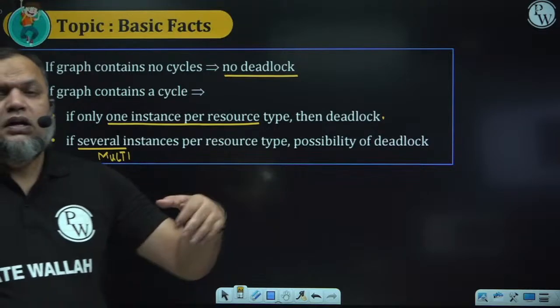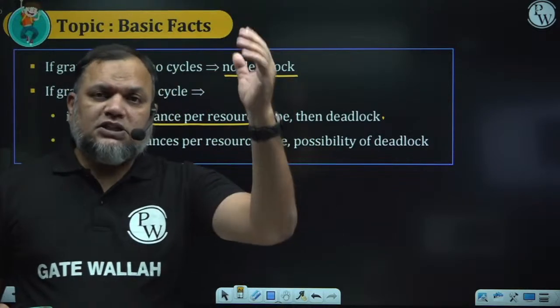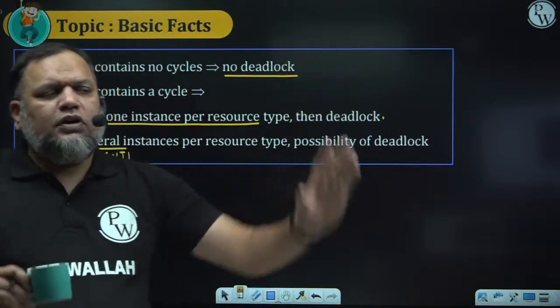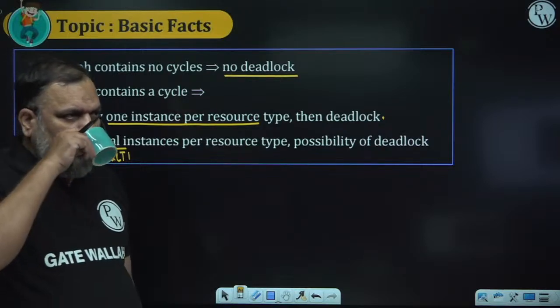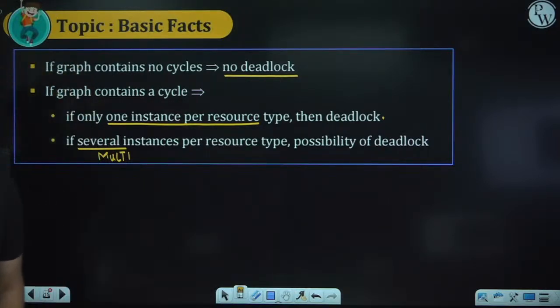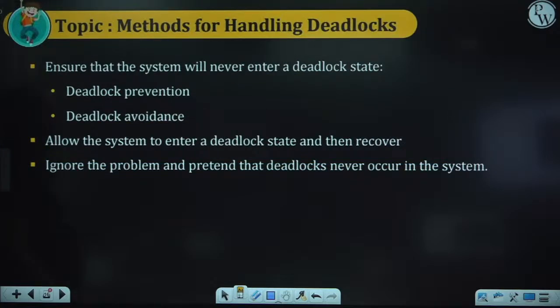Number 3, if there is a cycle and resources are single instance, then there is always a deadlock. 3 पॉइंट्स है। ये तीनों पॉइंट्स हमेशा अच्छी तरीके से ध्यान में रखिएगा, प्लीज ध्यान में रखिएगा।